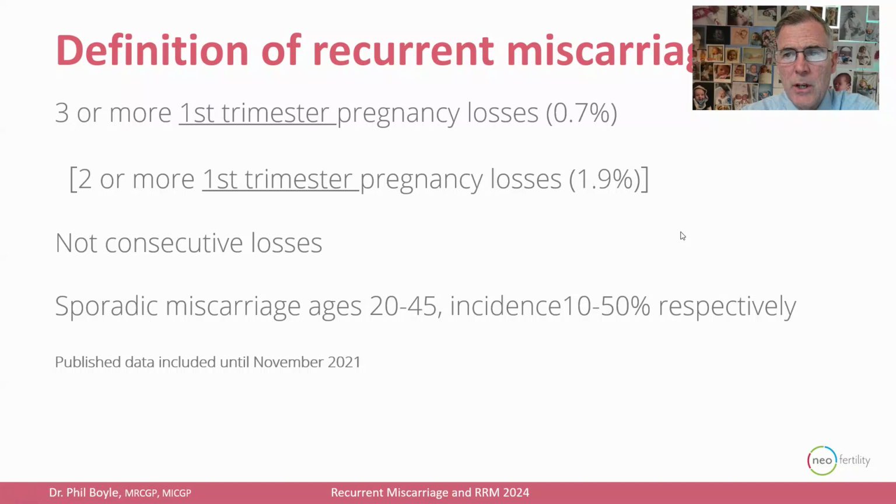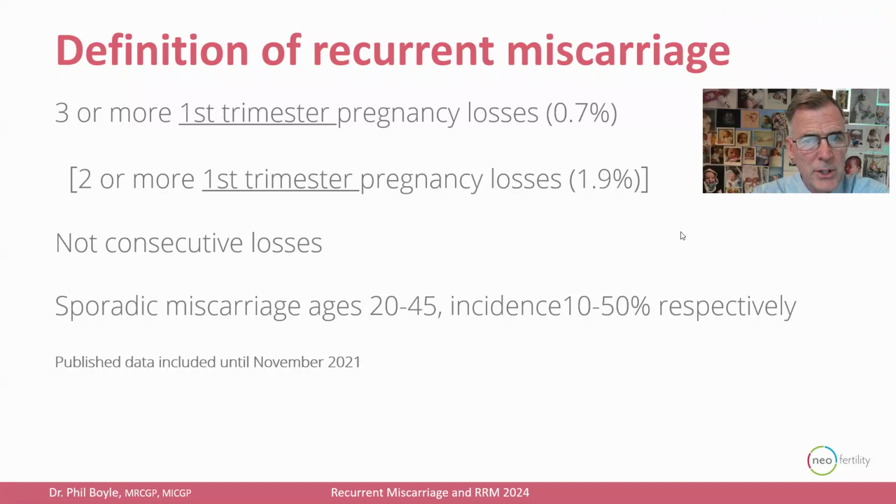First of all, the definition of recurrent miscarriage. What is it? Is it 3 miscarriages or is it 2? Well, there are varying opinions as to when we should take this as a serious issue, and it can be rightly argued that less than 2% of the population of couples trying for pregnancy will experience 2 or more losses. So 98% of the population is excluded by that. And my view would be it's reasonable to start investigations and treatment for 2 or more losses.